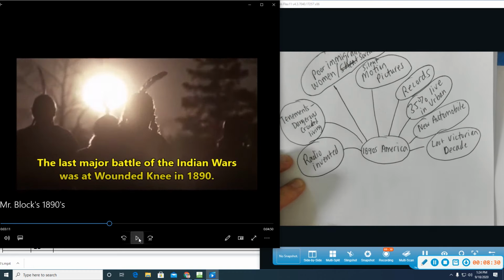So there were two Indian-related war conflicts. What are the two? One of them's here. Which two do you have to remember? This is Wounded Knee. What happened before Wounded Knee? Okay, Wounded Knee. It's up on the word wall. Look. Little Bighorn, okay? So the last major Indian battle of the Indian Wars happens in 1890. It's over. All the years of conflict, the 1890s is the last of it when it comes to war.